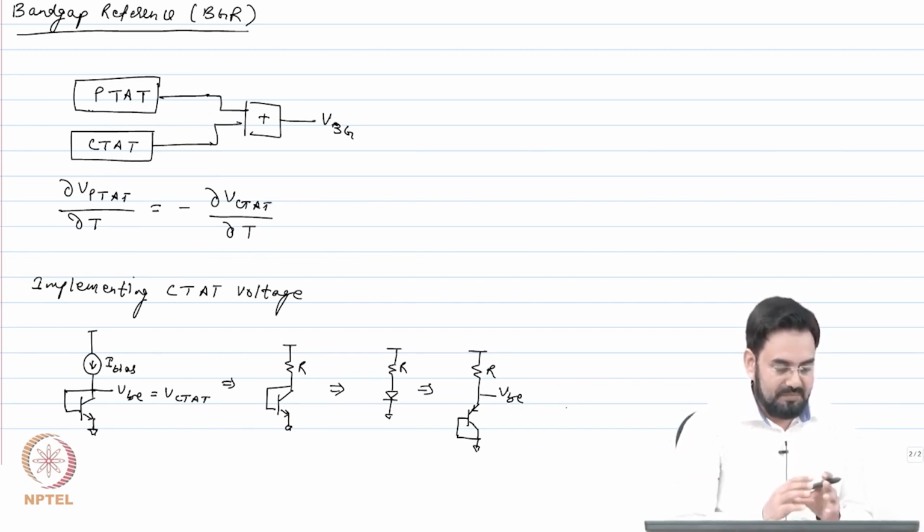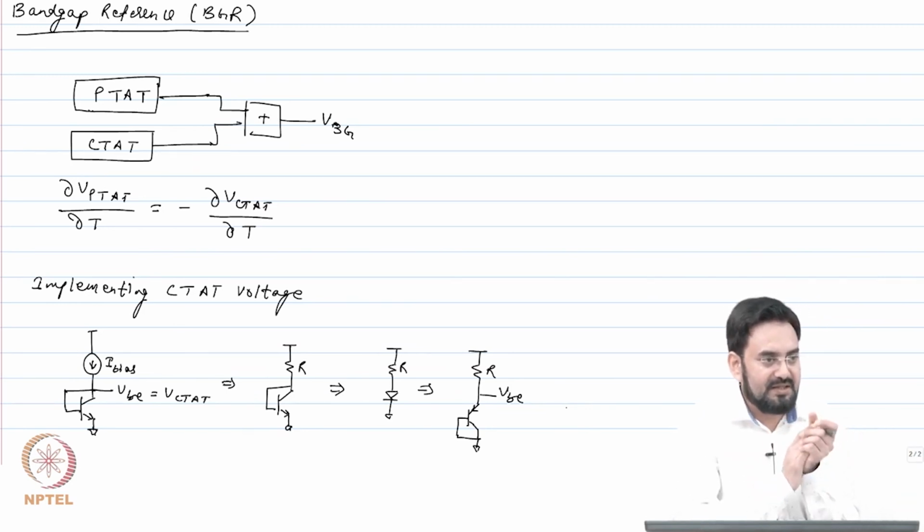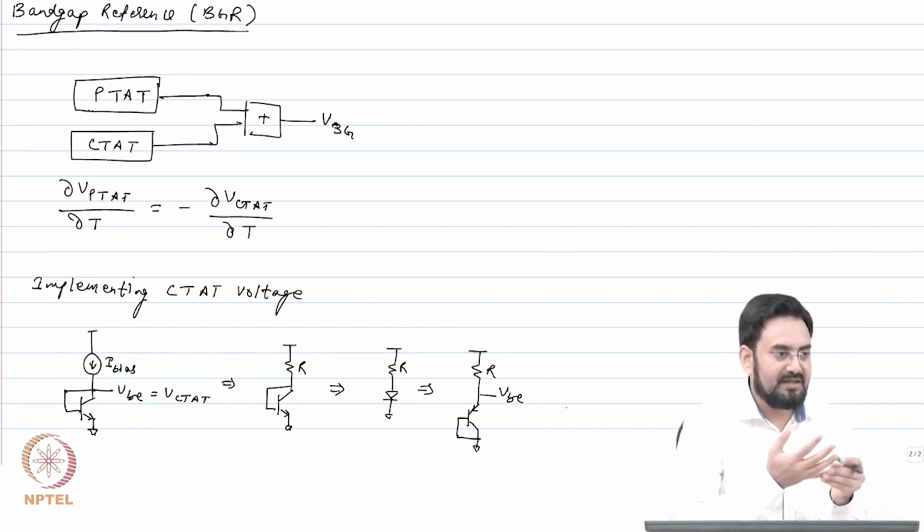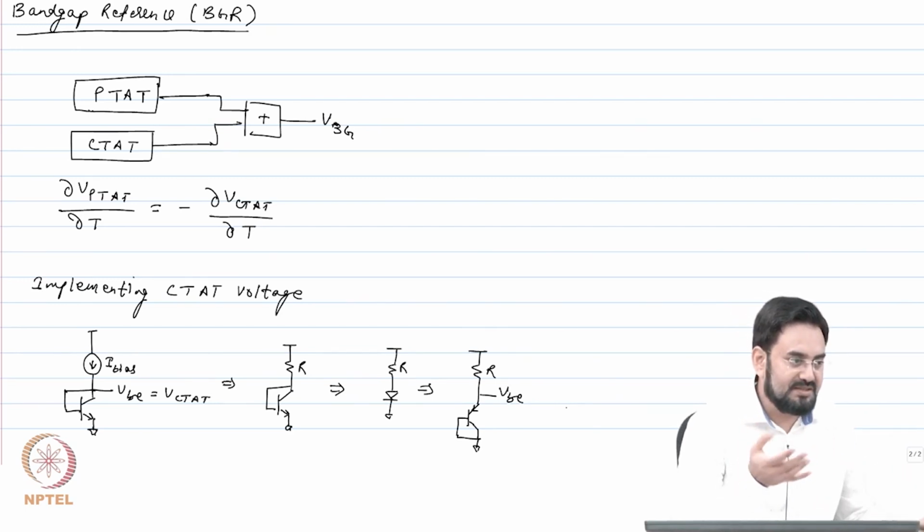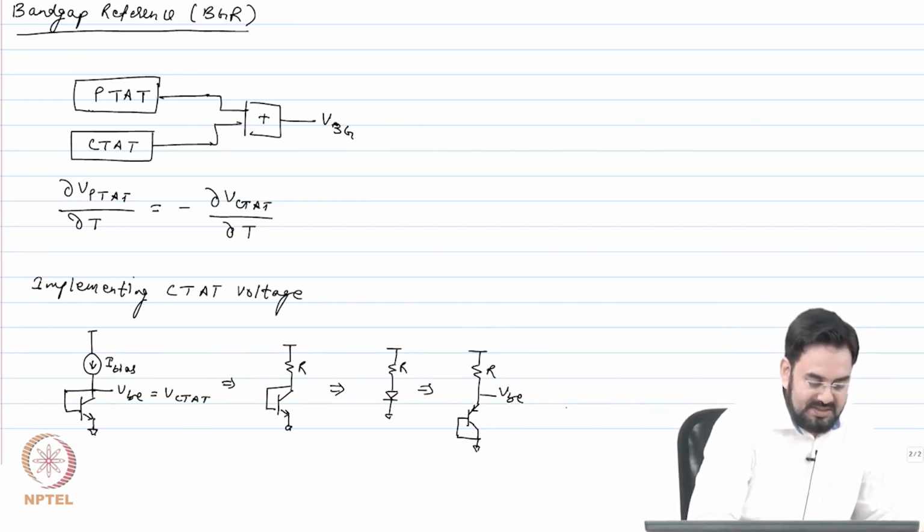So, by default you get the P diffusion, N diffusion and P diffusion. So, 3 diffusions you get,